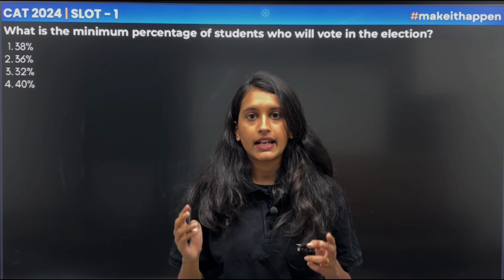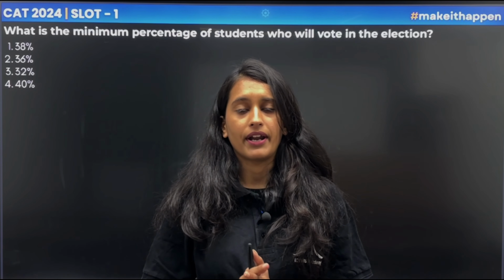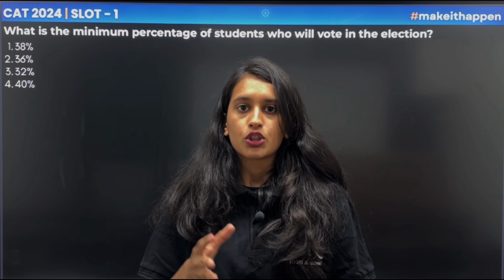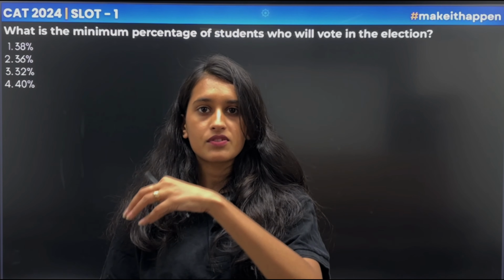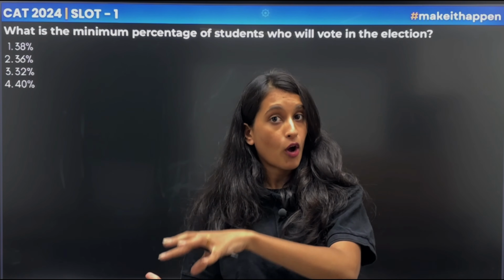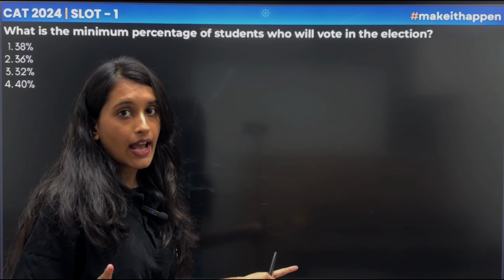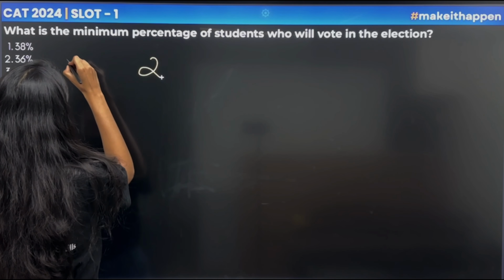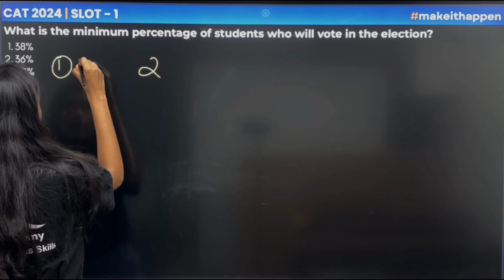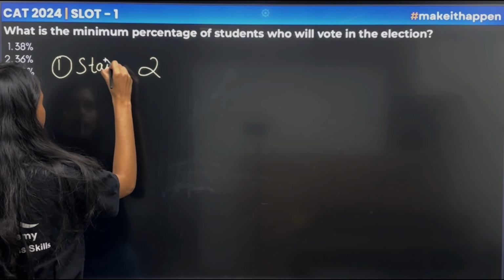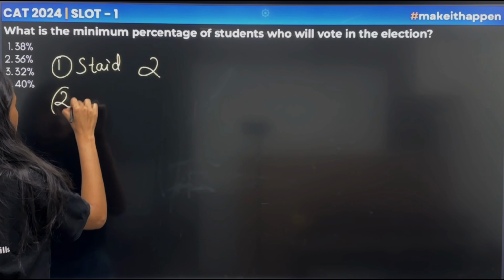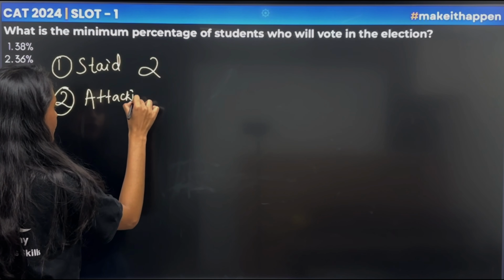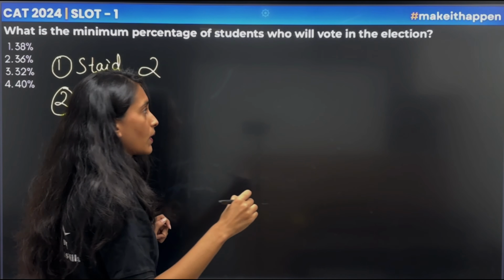Minimum percentage रखने के लिए अपने को दोनों को attacking करना पड़ेगा, because if one of them is attacking and the other one is focusing, so a certain number of voters will go to the person who is focusing from the attacking one. So both have to be attacking. Now again we are at the conclusion that both the campaigns have to be state and both have to be attacking, which becomes parallel to our first question.